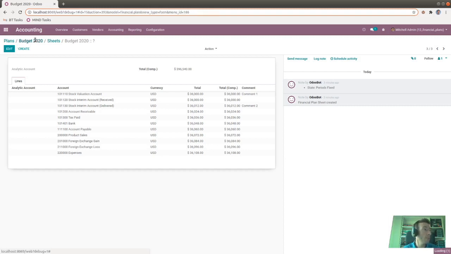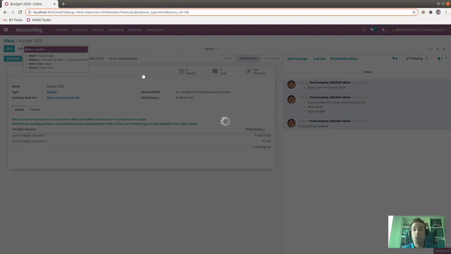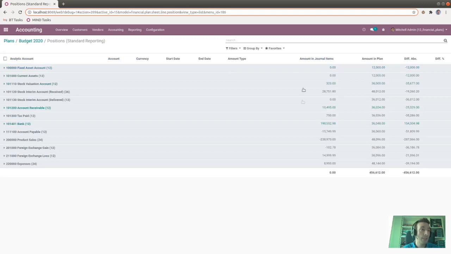Once we are happy with our plan, we confirm it. Okay, once a plan is confirmed, it is no longer editable, and we can use it for reporting purposes. The first reporting option we can use is this smart button. This smart button presents us with this view.